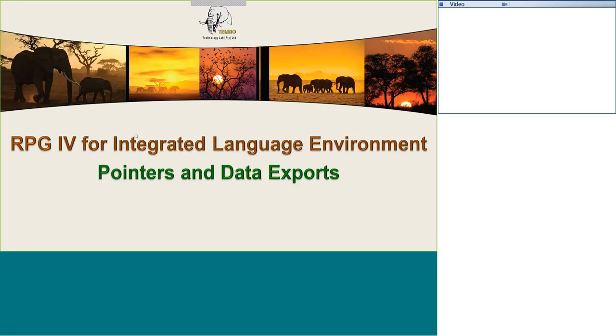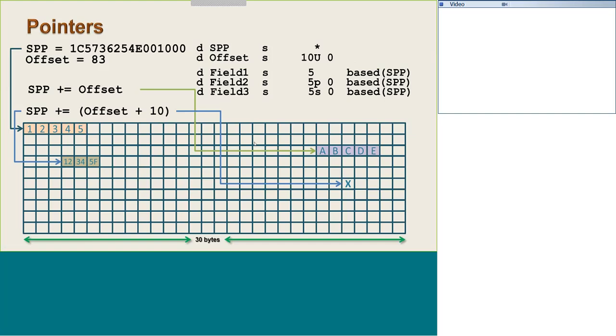Right, let's have a look at the next topic. RPG IV for integrated language environment. Pointers and data exports. We've done this once. I want to do it again, because one of the things when you start binding modules together